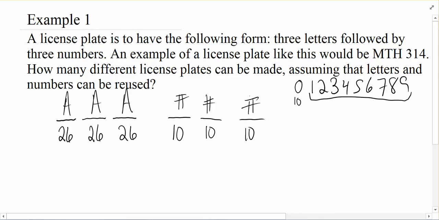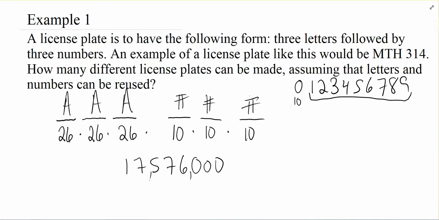And then the counting principle tells us that if we want the total number of license plates that can be made in this way, we're going to multiply each of these together. And so off screen right now, I'm grabbing a calculator because it's not really a tricky calculation that you need to see me produce. But I'm going to put in 26 times 26 times 26 times 10 times 10 times 10. And when I do that, I get this really big number, 17576, followed by 3 zeros. So if I start putting my commas in, now I can see that it's 17,576,000.